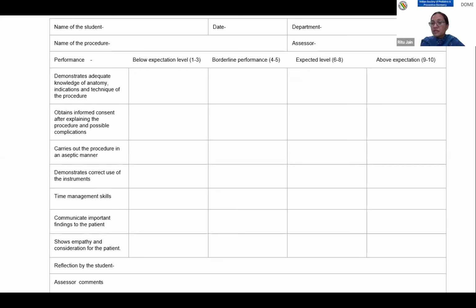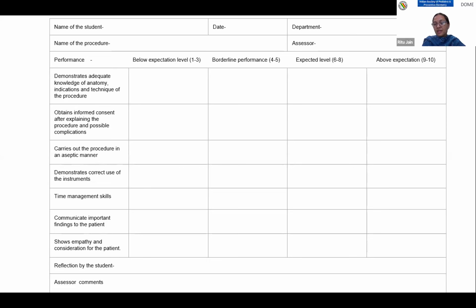the student will differ according to the different stage of the student. For example, if you're using this DOPS checklist to assess a third year student who has just started scaling on the patients, the expected level of performance for a third year student would be different as compared to the expected level of performance by a final year student. Okay, so we need to be very clear about what is the expectation level corresponding to the stage at which